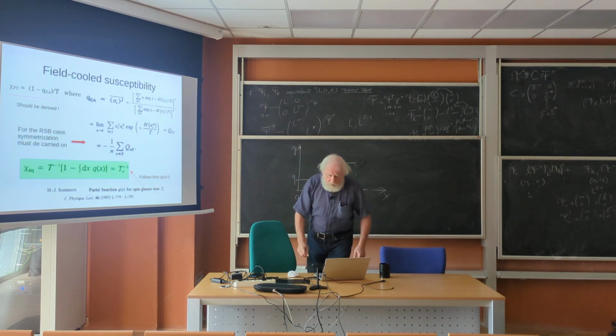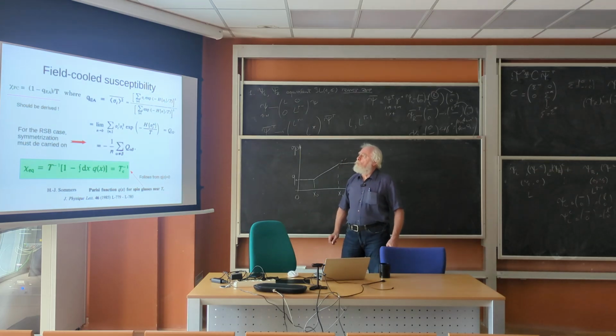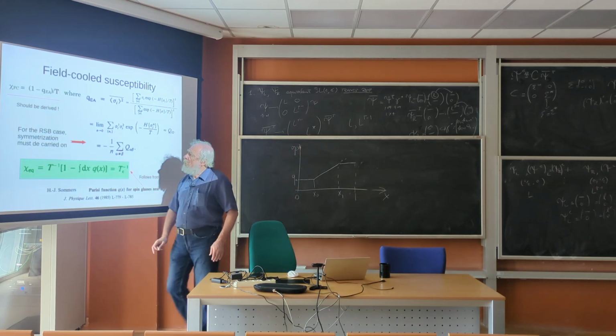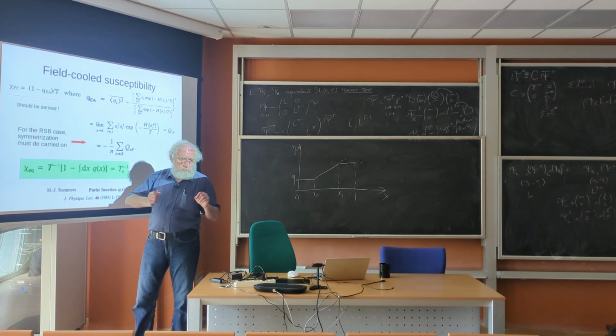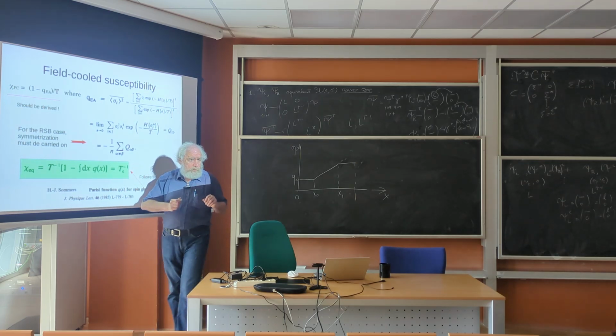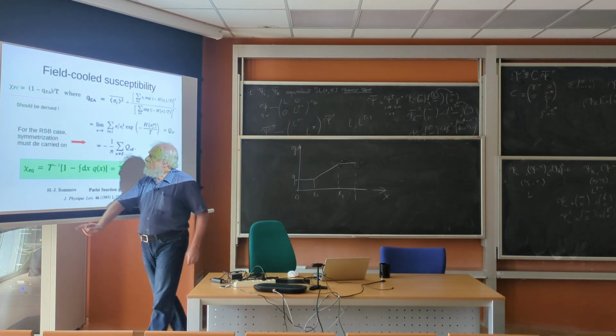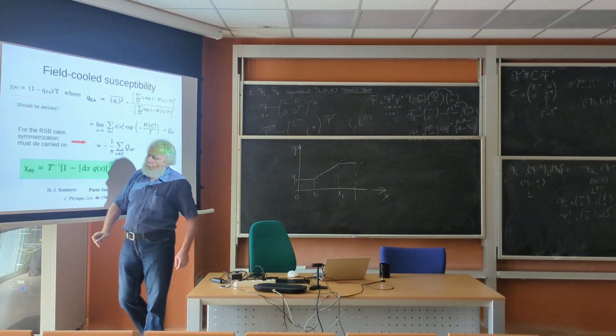Now, what are the physical consequences? The field-cooled susceptibility: we put some magnetic field and cool. Then we find a magnetization which is proportional to this external field. I mean here a weak magnetic field. And the coefficient of proportionality will be this expression where